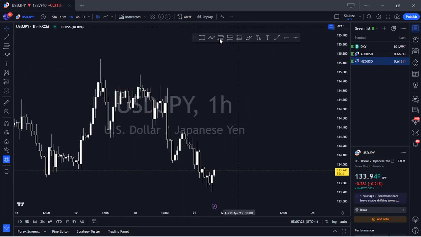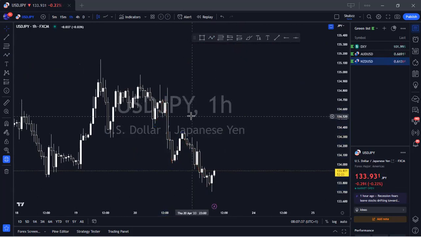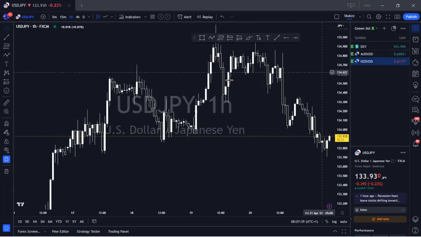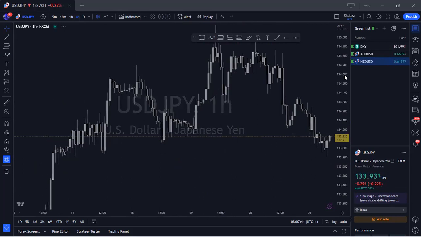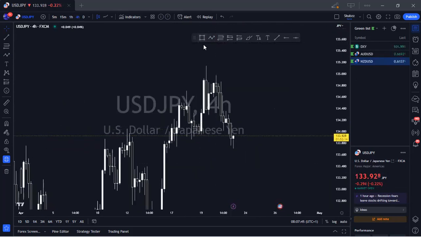Let's analyze what it's doing currently. So USDJPY tapped that high yesterday. We created a low, we tested, and now we're pushing to the downside. My fear with USDJPY is that if you look at the 4H, overall we're in a range.